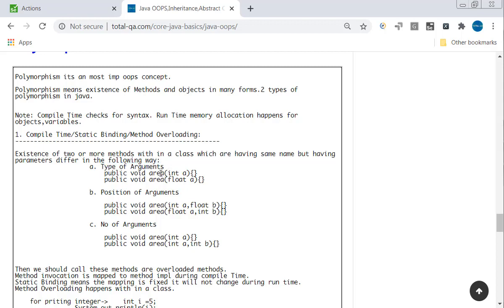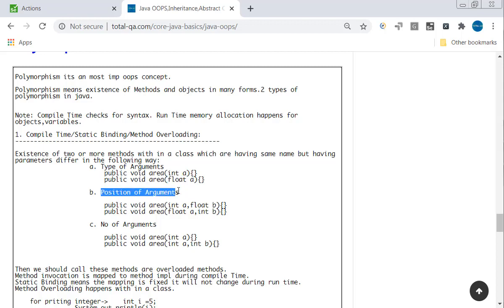The method name is the same. The arguments are different. And one more important point we have to focus on is that we are not focusing on the return type. The return type is void, but we always have to keep in consideration that the method name should be the same, and we should look at the arguments, which are different here.